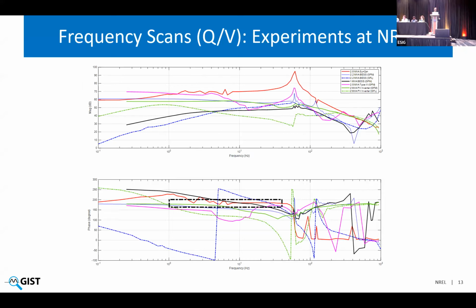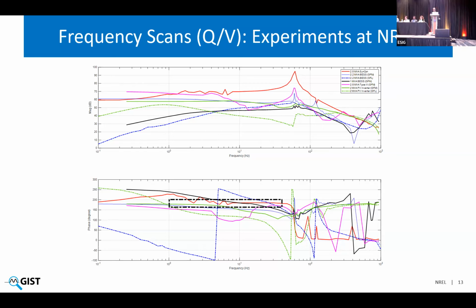It has a flat response from around 1 hertz to almost up to 40 hertz. The peaking, the flat gain, the 180 degree phase for this red trace really indicate that this synchronous condenser is acting like a good stiff voltage source. Now, if you look at the set of blue curves, the solid blue line, which I think is very hard to read, it is quite flat. And that is for a 2.2 MVA battery inverter operating in grid forming mode. And it meets this criteria: the gain is flat, the phase is closer to 180 degrees as it stays within this box that I'm showing.